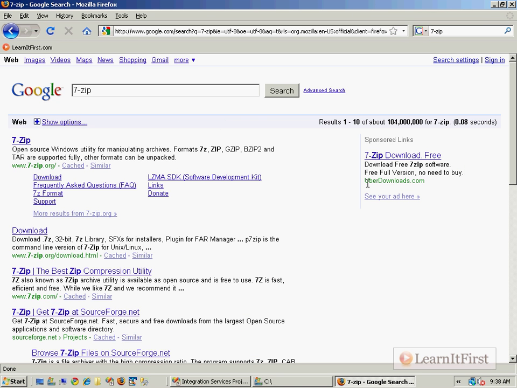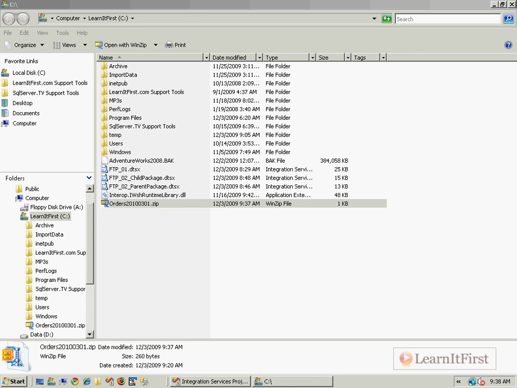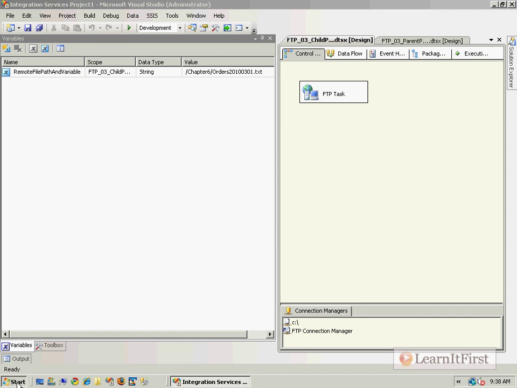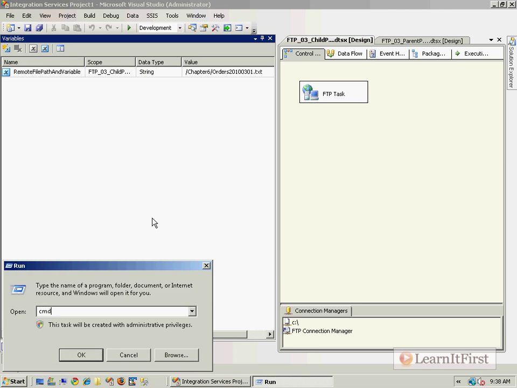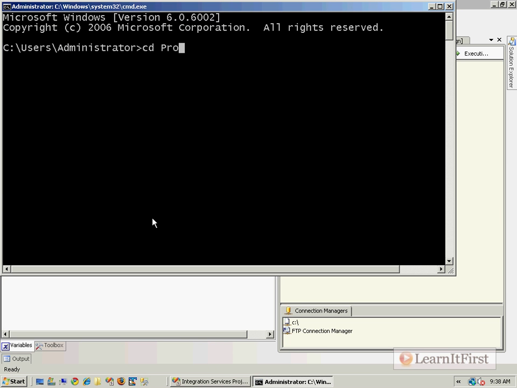Okay, don't go to these little silly things like that over there. Go to 7zip.org and download it. And you want to use the command line version. And so you can actually, once you've installed it on your machine, this is,